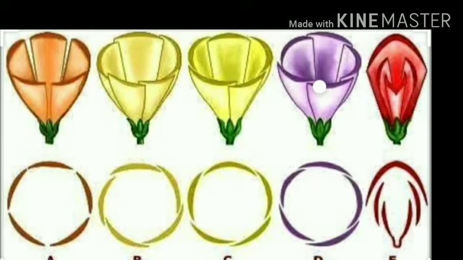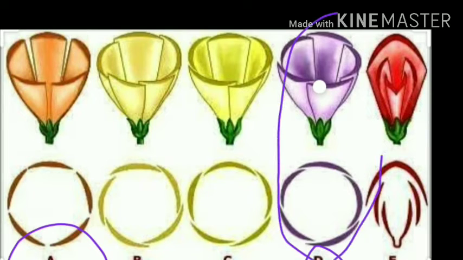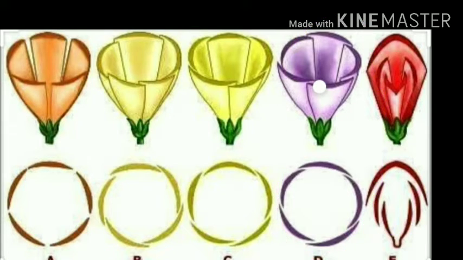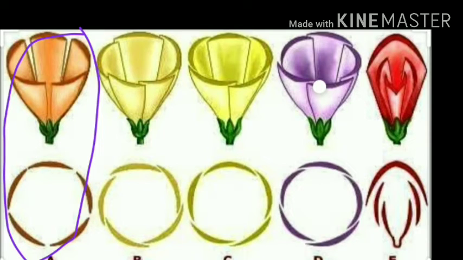Try to understand. So have a look. This one, A1, represents valvate, and A, B and C represent twisted, and the pic of D, have a look here, is imbricate aestivation, and the last one is vexillary aestivation. So guys, try to understand. What is meant by valvate aestivation, which is present in this pic? Have a look at the diagram. The margins are just touching, but not overlapping. That type of aestivation is said to be valvate.